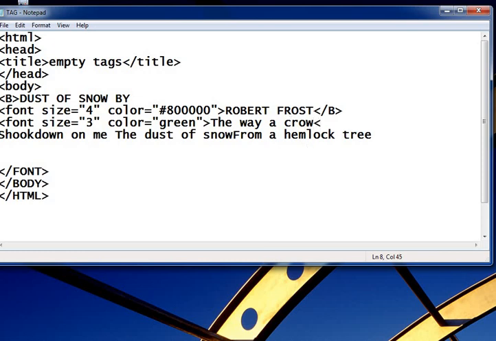After that we add br, again "shook down on me", again we add br only. There is no need of a closing tag here. Here also we add br.